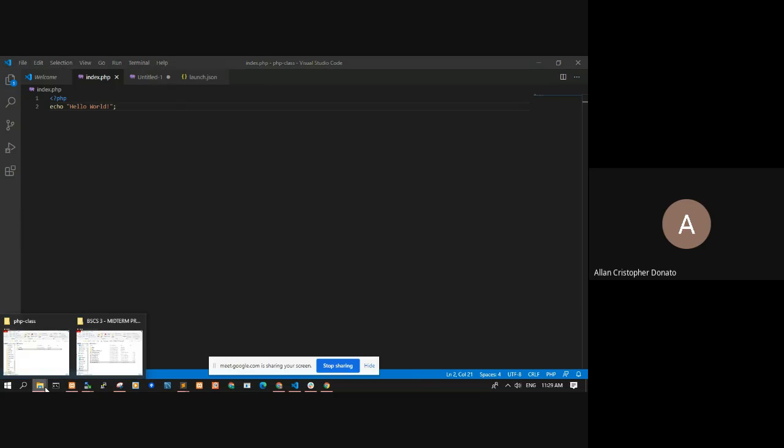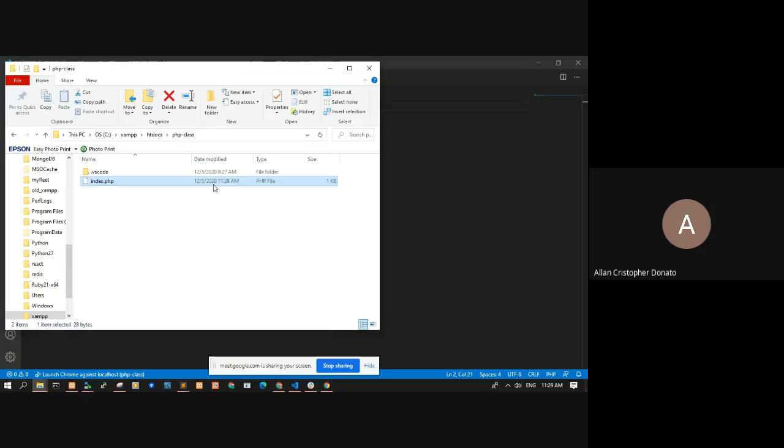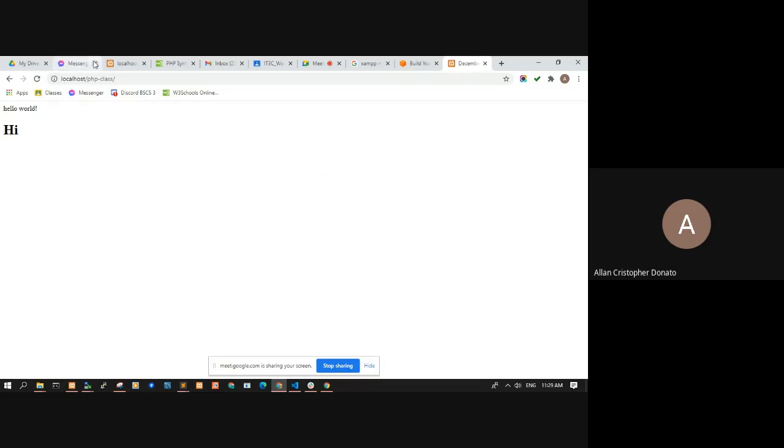So what happens if you try to run your PHP script in a web browser? You try to access your PHP script directly in a web server. Para makita natin, just drag it here. So, ganyan ang mangyayari. Okay? Since si browser hindi niya kilala yung PHP na file extension, it cannot display it properly. It will interpret it as a plain text. So lahat ng codes natin with PHP are displayed here.